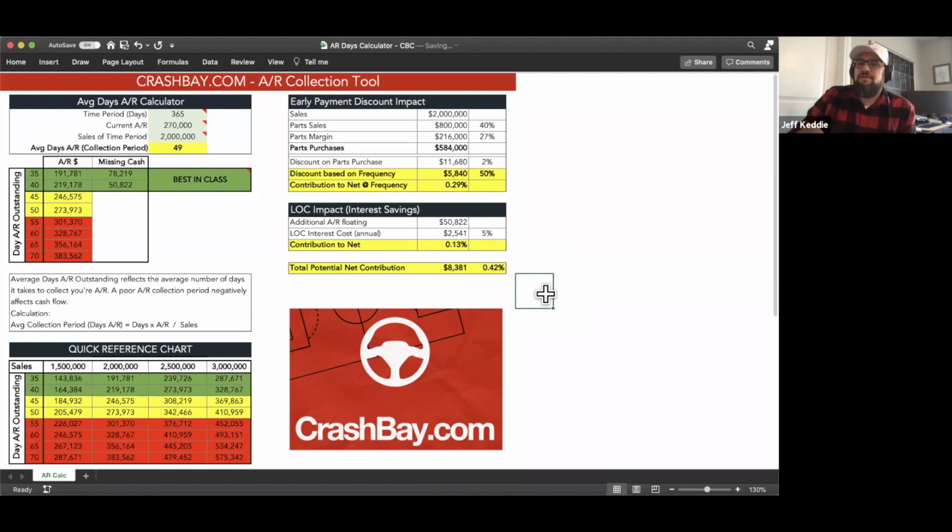Well, how do I fix that? I think the difference between what we're going to be doing at Crash Bay is coaching shops on, okay, we've diagnosed an issue or a challenge, but then I need some help on fixing that. How do I go from 49 days down to 35 days? There's some simple things that we can talk about, how to address that and how to go about